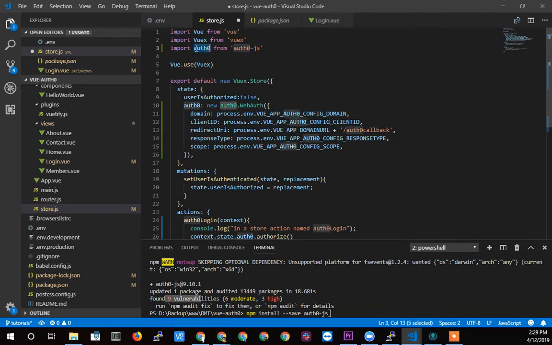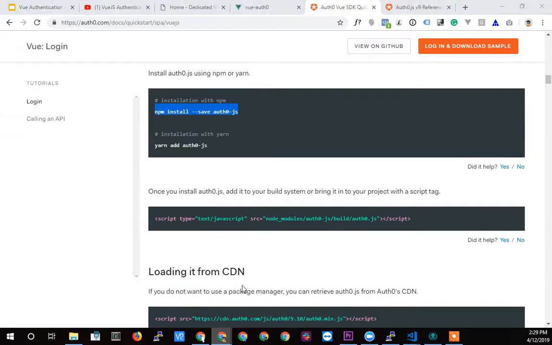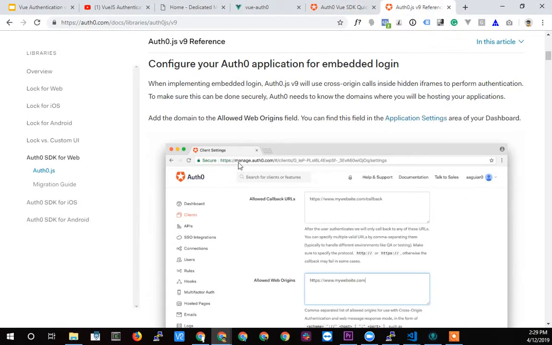It's going to import it into this auth0 variable, which is going to be this auth0 variable here. This auth0 is on the state. This is the one that's referenced by this import up here. So we're calling a new object on it. So we're creating a new auth0 object, and then we are going to instantiate their code with this web auth thing here. So if we go and take a look at their code, if I go to the API reference here,